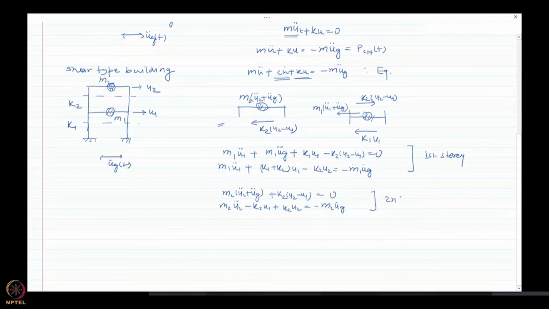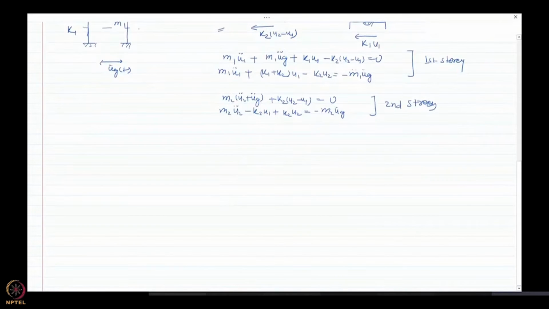So this is the second story. Now you know that both equations can be combined into a single matrix equation. If you combine this equation here and this equation here, they can be written in matrix form as the coefficient of u1, which is m1 0 0 m2, times u1 u2,